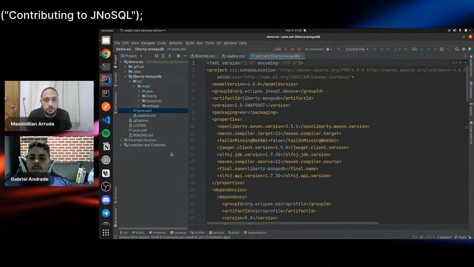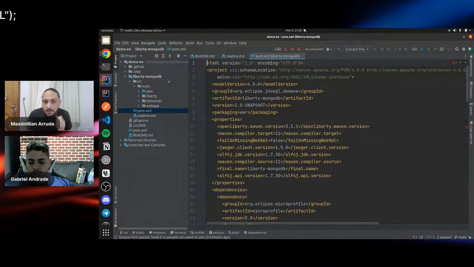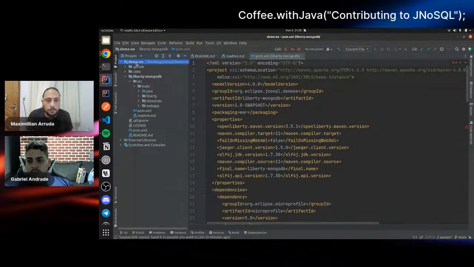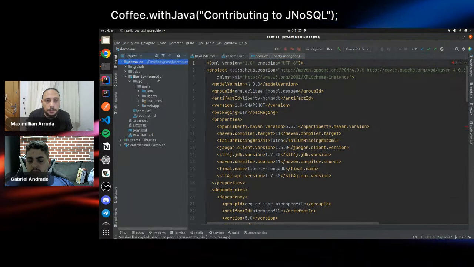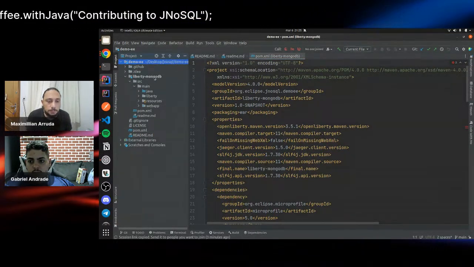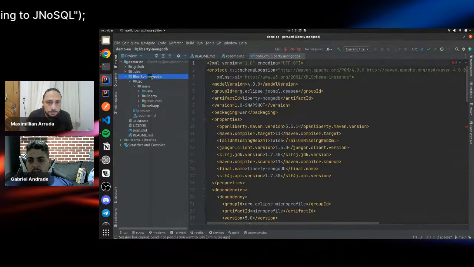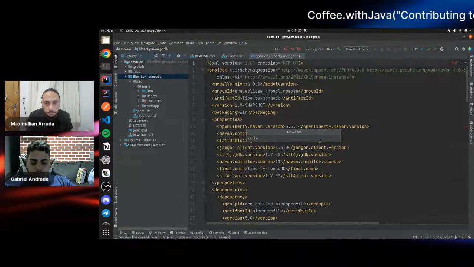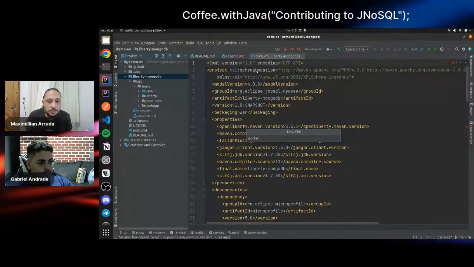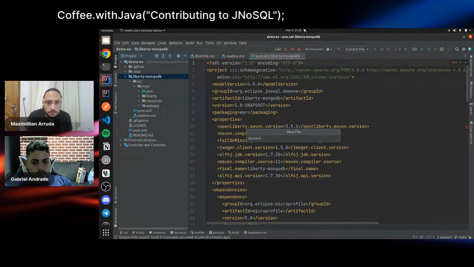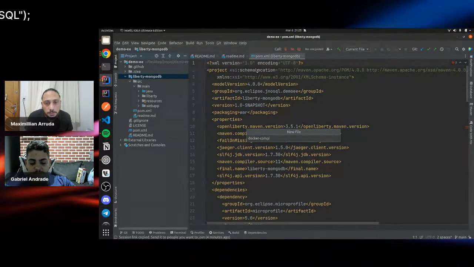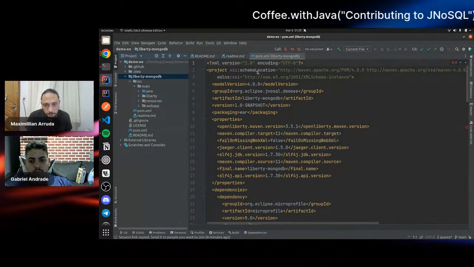So I think you could create a docker/docker-compose.yaml file under the Liberty MongoDB directory. Can you hear me? Docker, slash, docker-compose dot yaml. Yes, it's a good one.